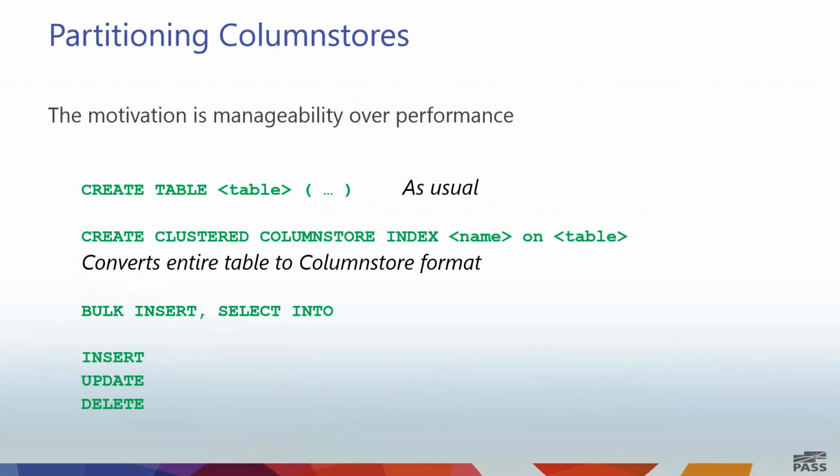When you think of partitioning in SQL Server, a lot of times you think of putting different partitions on different sets of disk so that you can really improve performance and get lots of parallel I/O going. And that's all fine. Really, for partitioning column store data, because we're storing it differently on disk, we want to think of it slightly differently, in that we are not partitioning for performance, but we're partitioning for manageability of our